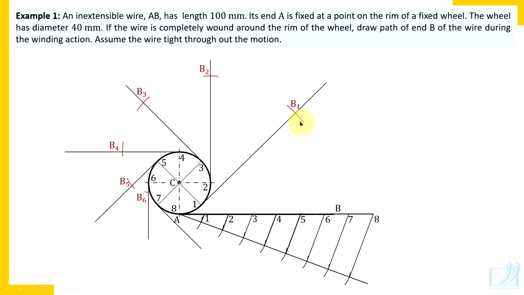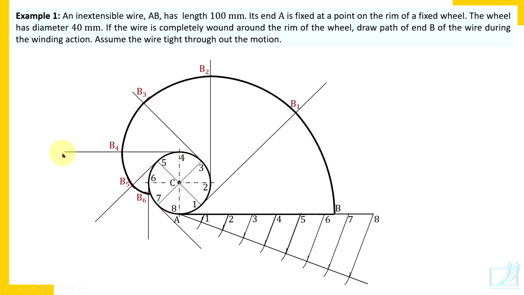Let's join all these B points. From B, draw a smooth curve. These 8 points are enough actually. Of course, we didn't get 8 points. We got 6 points because the wire is shorter. But in this case, try to understand. From point B, when you draw this curve, it does not end at B6. You will have to bring that point B in contact with the circumference of the circle. So this very small portion of the curve is to be drawn freehand. Just extend that curve slightly so that it comes in contact with this circle.